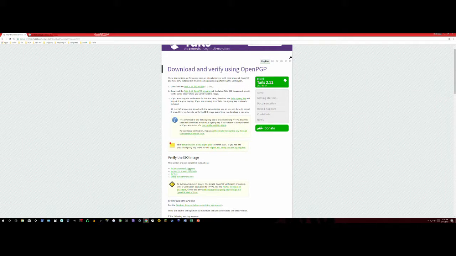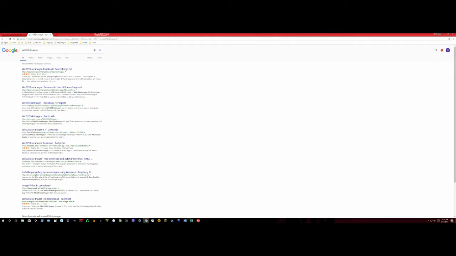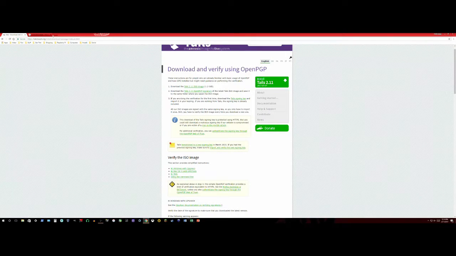Now, what you're going to need is GPG for Win if you're using Windows, which I already have installed. I'm assuming you already have this installed. Basically, GPG is for sending encrypted emails and encrypting files. So it is actually a very useful tool. Then, once you have all that downloaded, and it should take a while because it is a 1.2 gigabyte file,